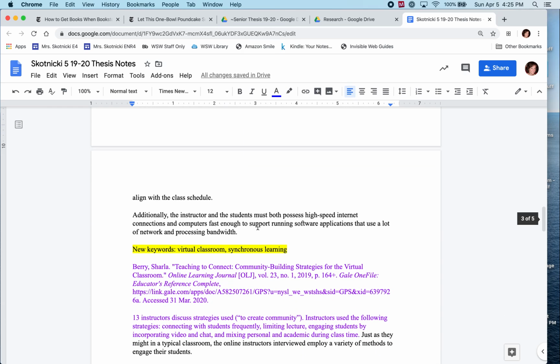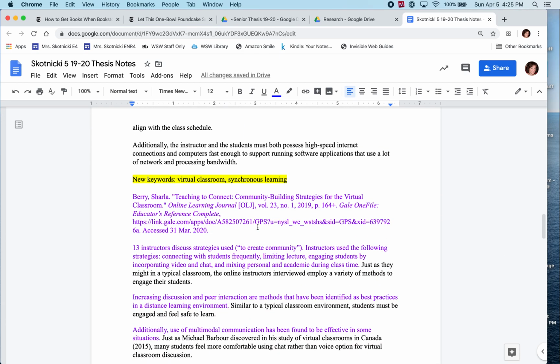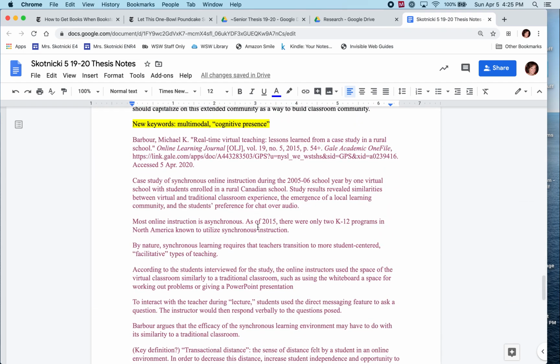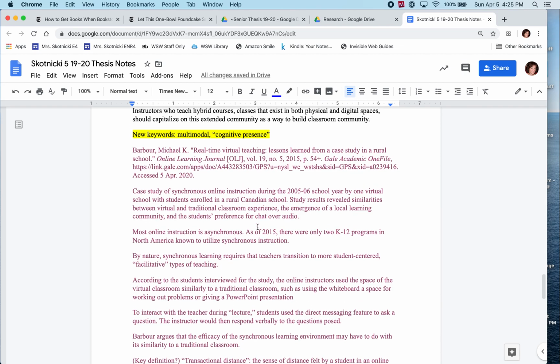So I'm going to share my notes with you. You can see my analysis here for the first two sets of notes that I have taken, and you can also see that I have yet a third source. I have not gone through and analyzed this source yet, but I will be doing so as I continue to do my notes.